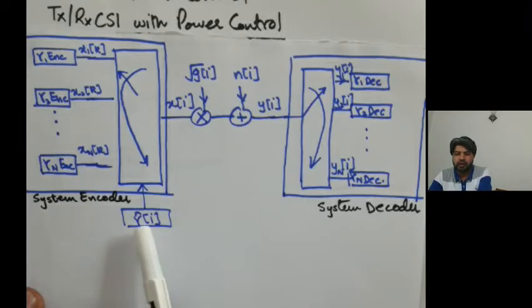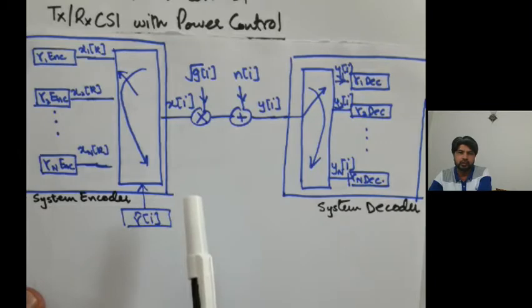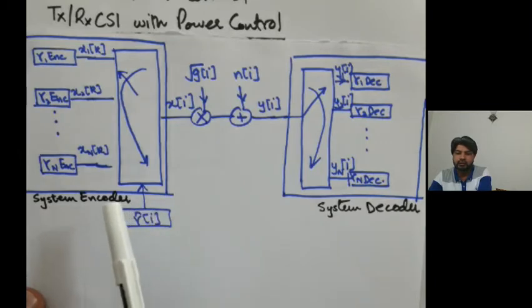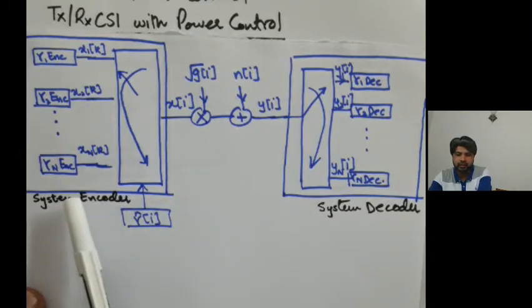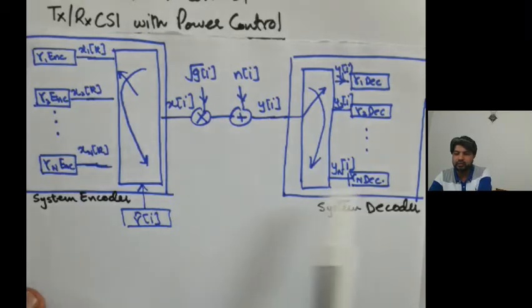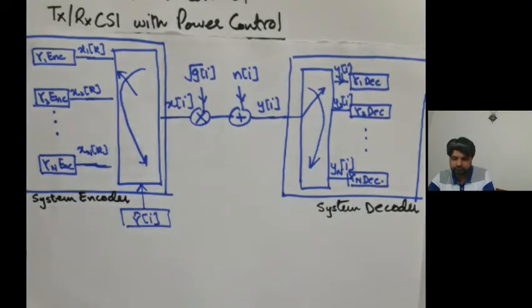So, that's how the system model works. So you have n encoders at the transmitter side, you have n decoders at the receiving side,